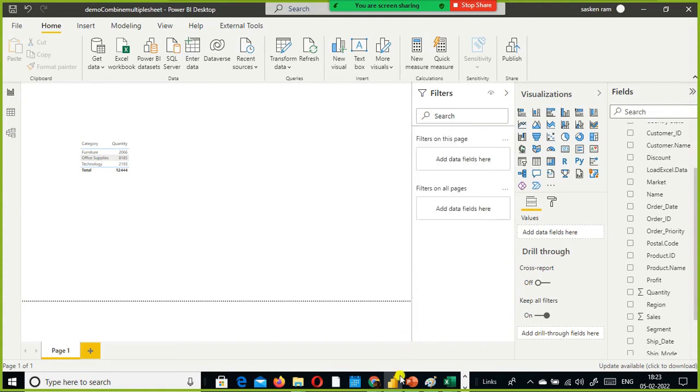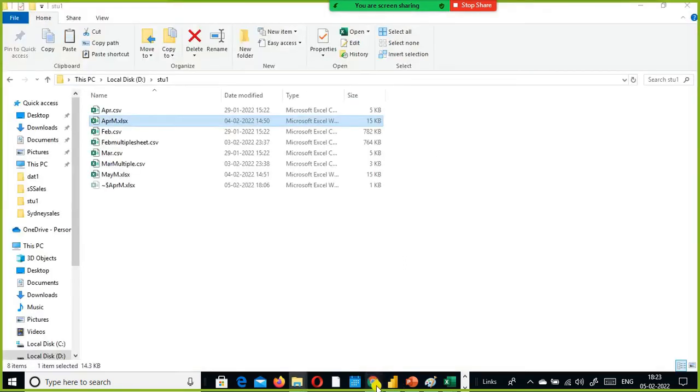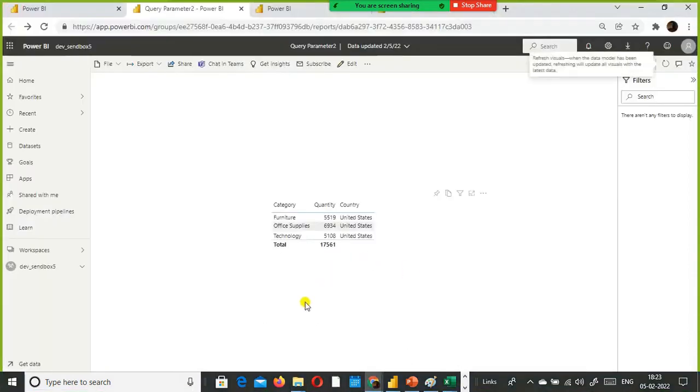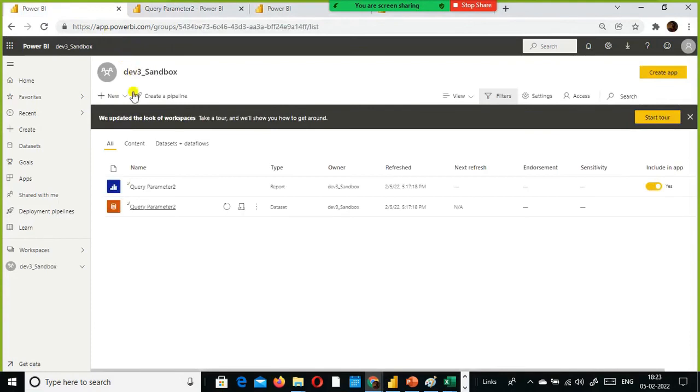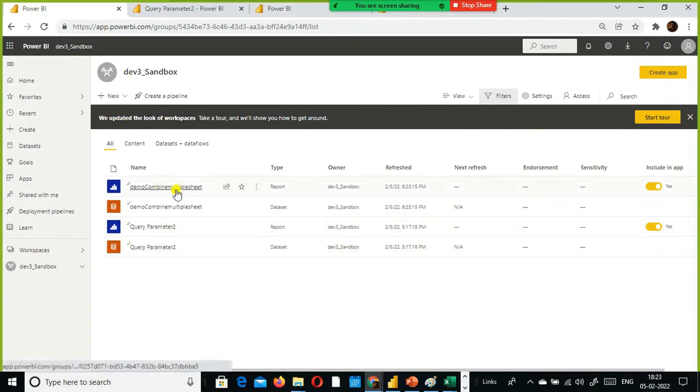So successfully deployed on cloud, and now let us see whether it is correctly picking up or not. I published to this folder, demo combine multiple sheet. I just open this in another tab.